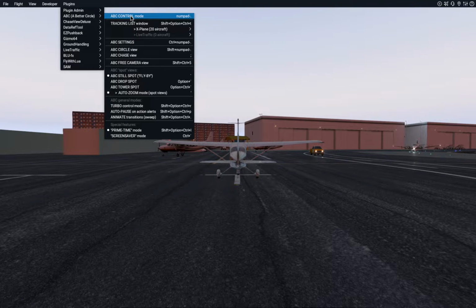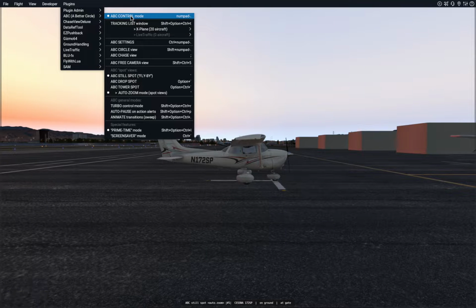That way I don't have to click the menu. You can actually see the menu update as I do it. I'm going to click it now. All right, now I'm in flyby mode. Again, since the aircraft isn't moving, it doesn't do anything, but you notice that the camera moved and you're in